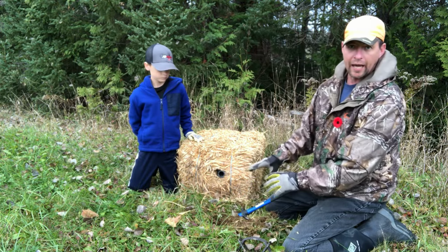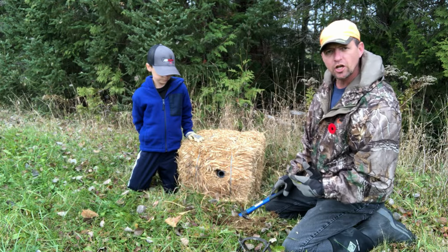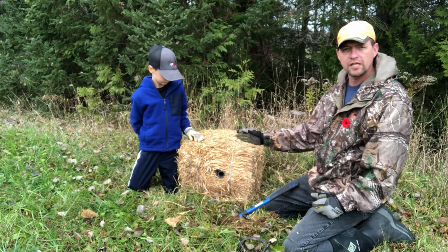I put these ones on a drag. So I don't stake these ones down solid, because what happens is if you catch a coyote, they destroy my hay bale. I want to use this set over and over and over again. Three or four times a season, I'll catch coyotes and fox at this hay bale set on the edge of